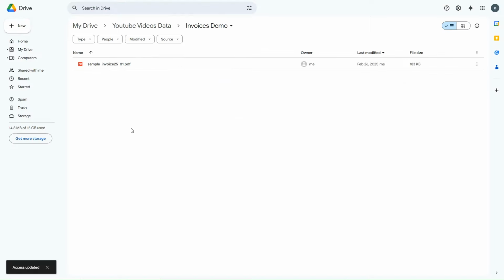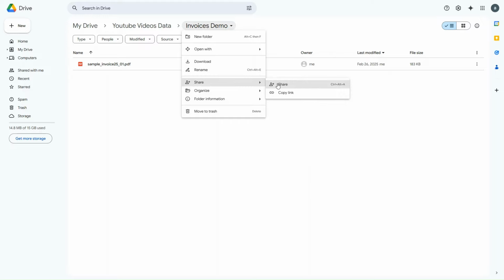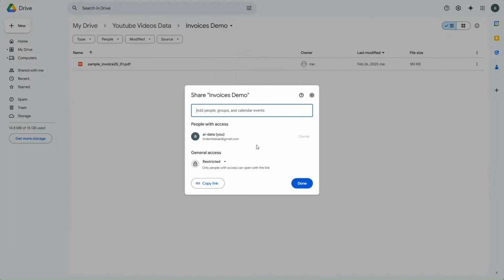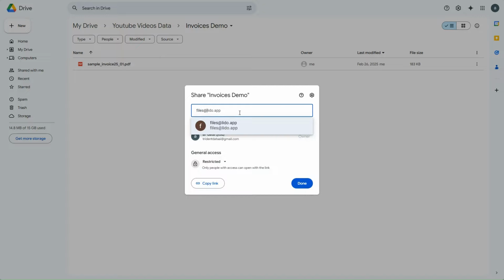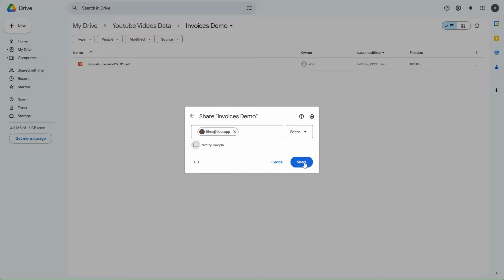Before we jump into Lido, make sure that your Google Drive folder is set up correctly. First, you need to make sure that you have shared the folder that you want to extract invoices from with files@lido.app and grant editing permissions. To do that, simply click on the folder, click on Share, and simply share it with files@lido.app. This step is crucial to allow Lido to access and process your documents. Simply click on Share,